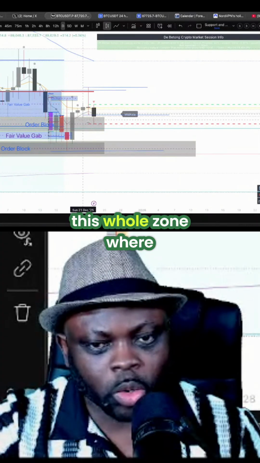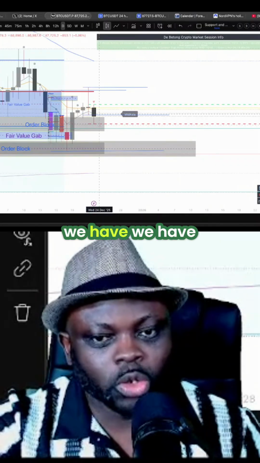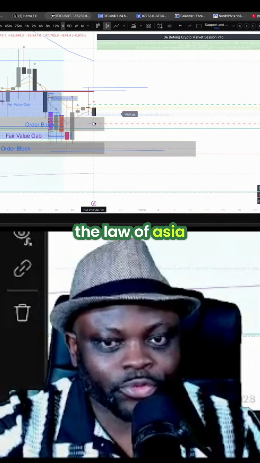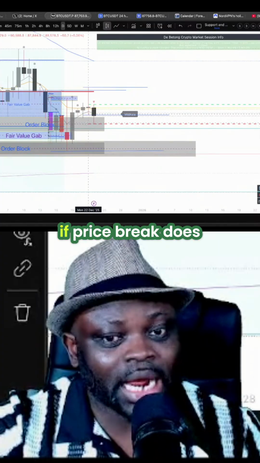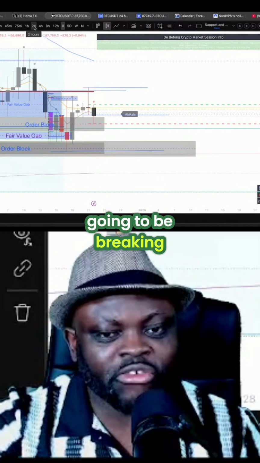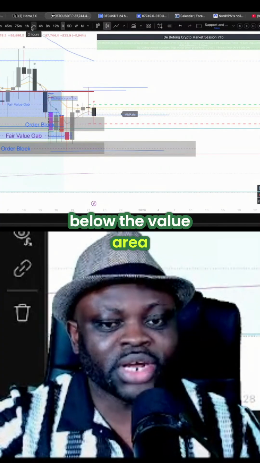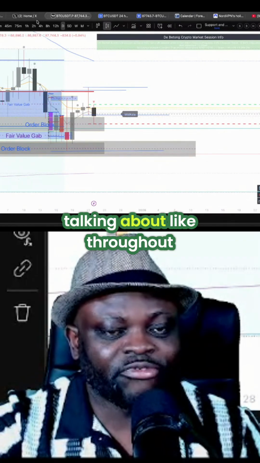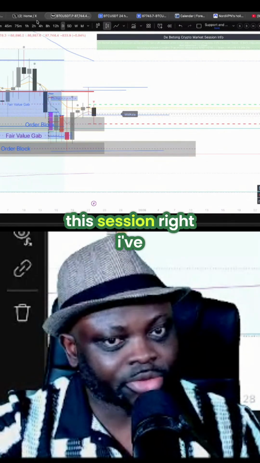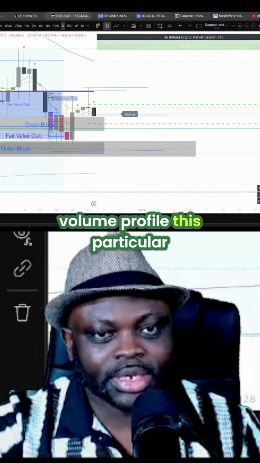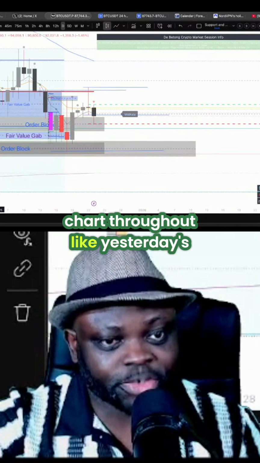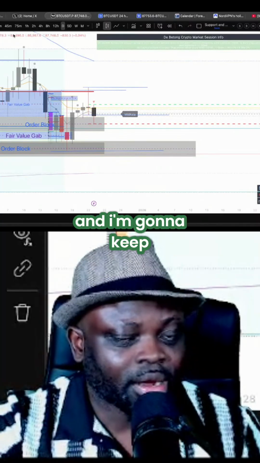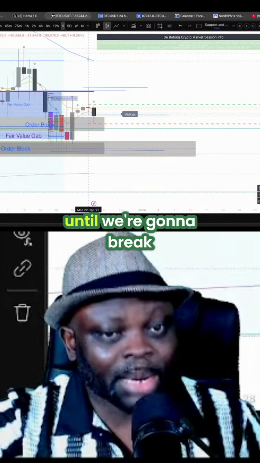So this whole zone where we have marked the low of the day, which is the low of Asia, we don't want to see price break. Because if price breaks, it doesn't mean we are going to be breaking below the value area low based on the volume profile that we have been talking about throughout this session. I've been talking about this volume profile, this particular chart, throughout. Yesterday's video, I talked about it. Last week's video, I talked about it,